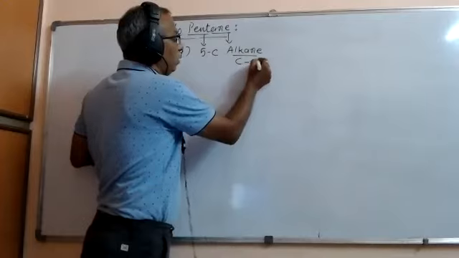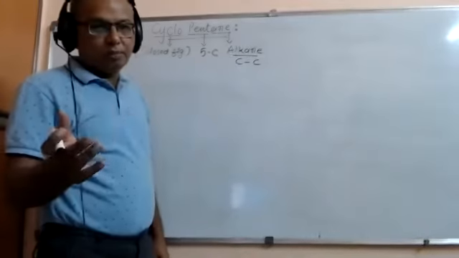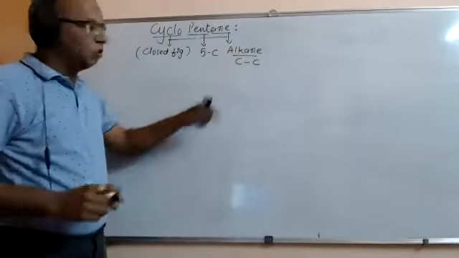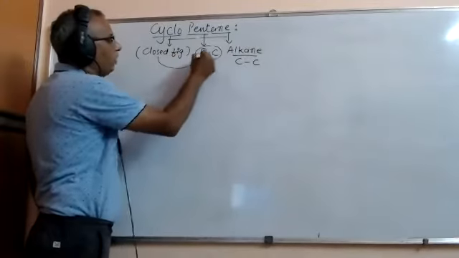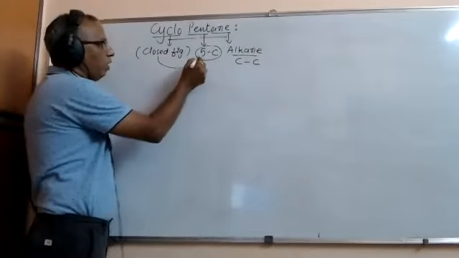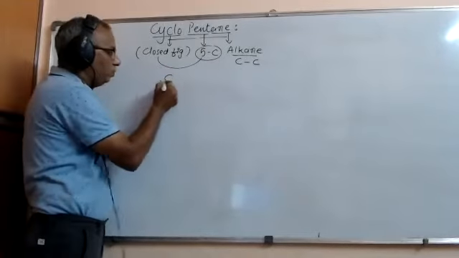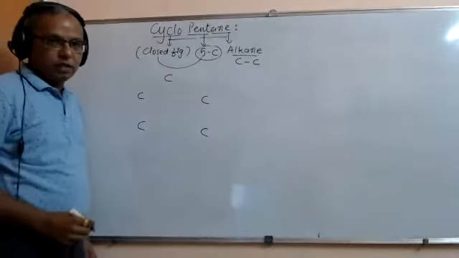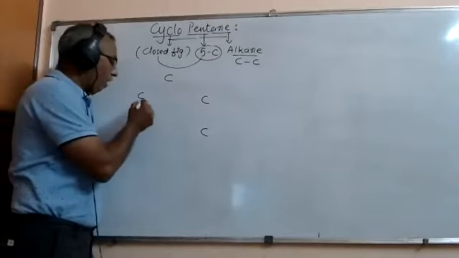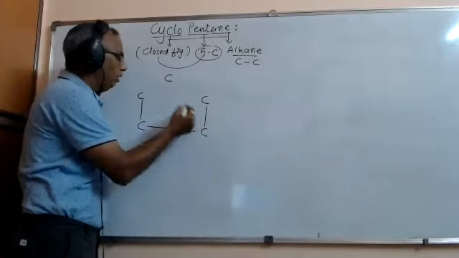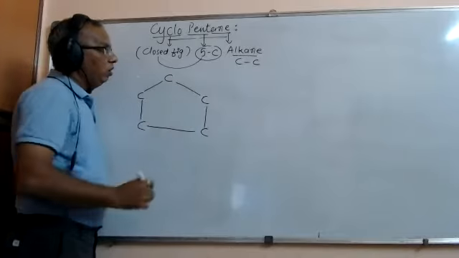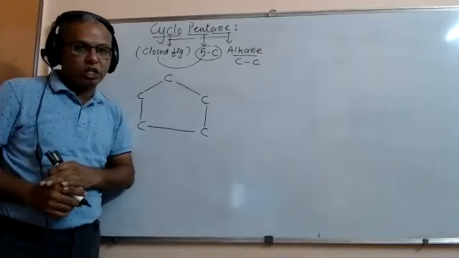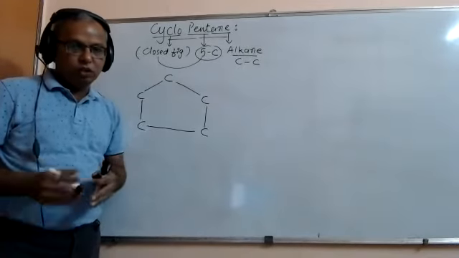Closed figure is there, 5 carbons are there, alkane is there. Alkane, friends, means C single bond C. So all the carbon-carbon bonds must be single bonds, that is alkane. So, 5 carbons in a closed figure. 5 carbons are to be placed on 5 angles, and it's very simple mathematics that 5 dots when joined form a cyclo structure, that is called cyclopentane. Pentagonal structure is there.